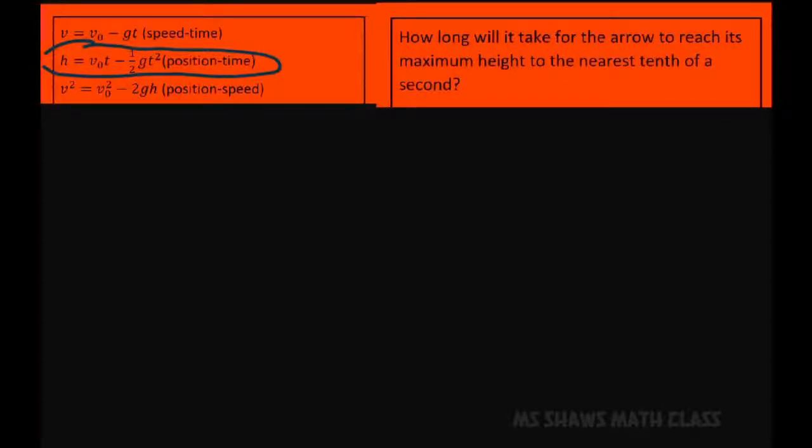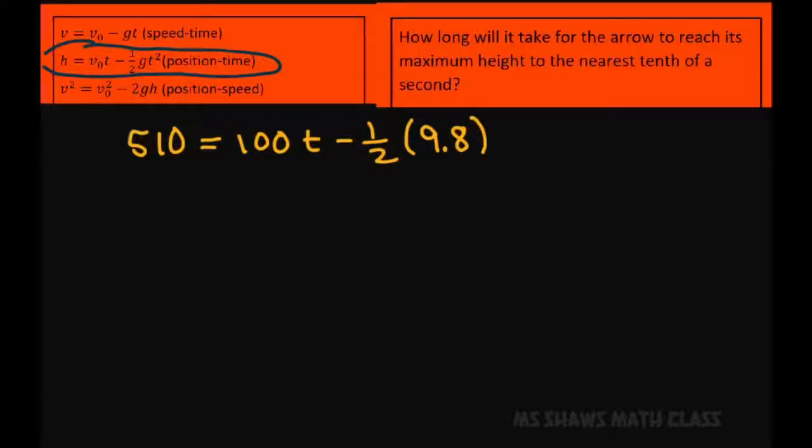So we get 510, which is our height, equals 100 times t minus 1/2 times 9.8, and we're solving for t squared. So this equals 510, 100t minus 4.9